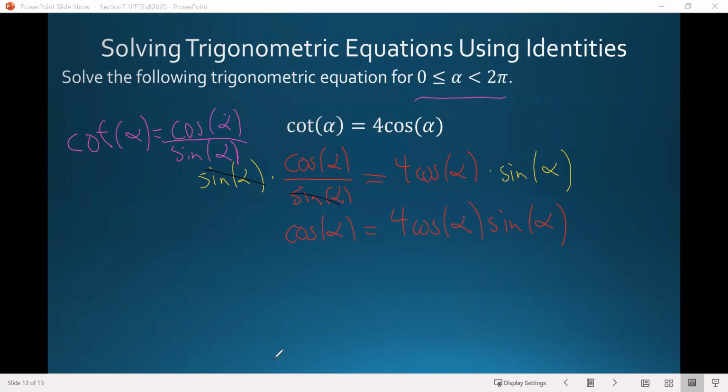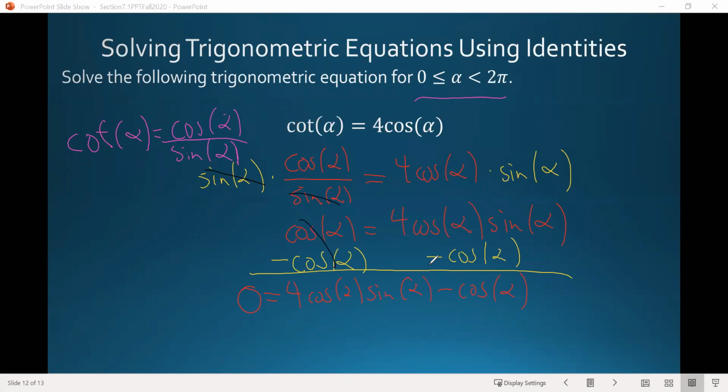Well, what I'm going to do is set this equation equal to 0 by subtracting cosine of alpha from both sides of the equal sign. Okay, when I do that, on the left-hand side those cancel out, so we're just left with 0 equals, and we have 4 cosine of alpha sine of alpha minus cosine of alpha,